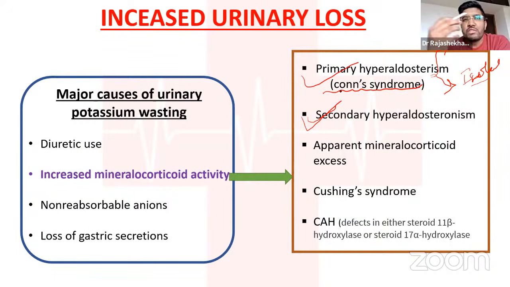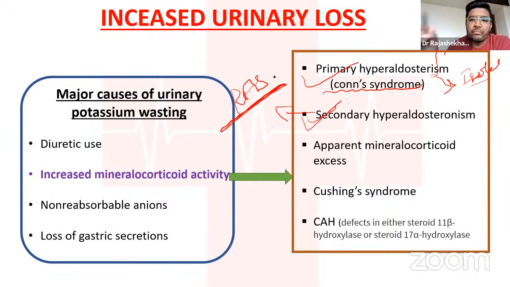Like there is some other cause which is increasing renin secretion in the body, like renal artery stenosis, chronic diuretic use, or hypertension or hypovolemia of any cause, which are going to act by increasing the RAS system. So the most common cause of this secondary hyperaldosteronism is renal artery stenosis, which is also a cause of this hypokalemia.